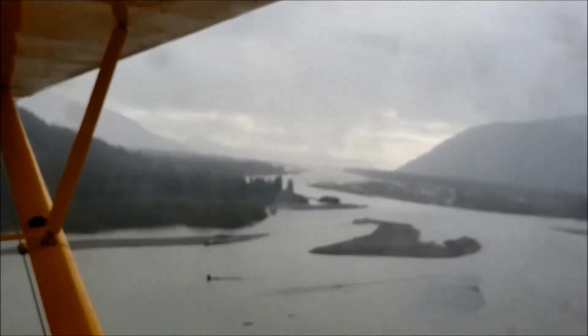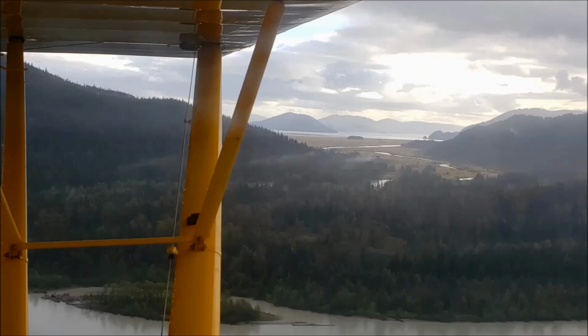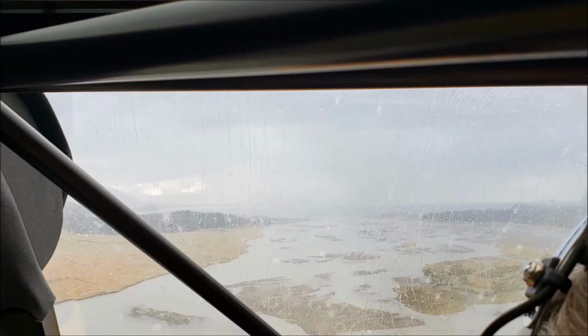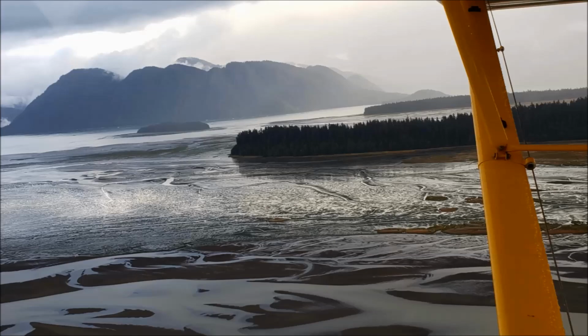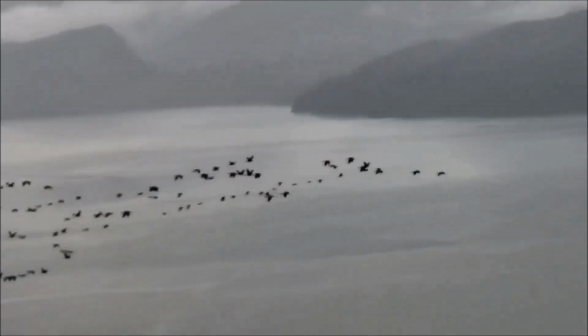To the left there, the main channel of the Stikine River, so it heads out, looking right towards Wrangell. We're not going down that way. The north arm of the Stikine splits around this big hill here in front of us, and we're going to head down it and out towards Petersburg instead. Here we're coming out of the Stikine River, back out into the salt water. Yeah, we almost ran into a flock of sandhill cranes headed south for the winter, so we got to fly with the cranes for a little bit. Flying with a sandhill crane. That's pretty